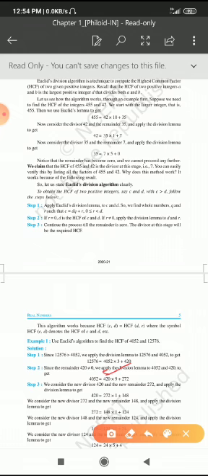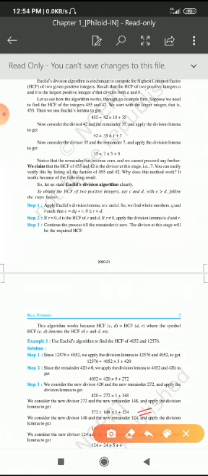In this case also the remainder is not 0. So again what do we have to do? This divisor 420 will become the dividend and this remainder 272 will become the divisor. So 420 is equal to 272 into 1 plus 148, the remainder. Here also the remainder is not 0. Again the process continues. 272 will be the dividend and the remainder 148 will be the divisor. So 272 is equal to 148 into 1 plus 124 is the remainder.